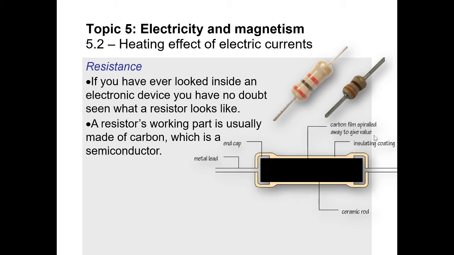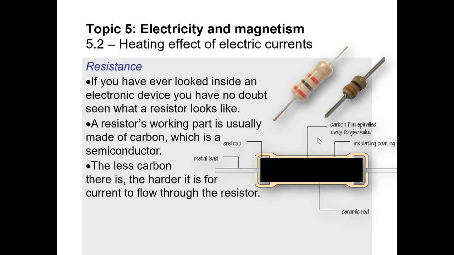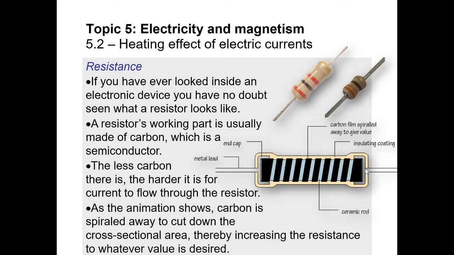So if you notice here on the top, there's a little point that says carbon film spiraled away to give value. And so what happens is these spirals are cut inside of the carbon. So instead of the car being able to go straight now, it can only travel along the black road, the carbon road. So it has to spiral around and around and around this resistor until it finally gets through the